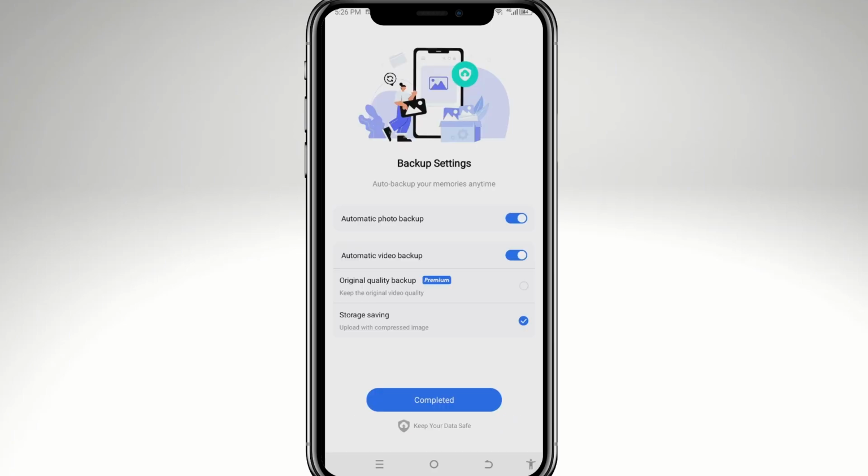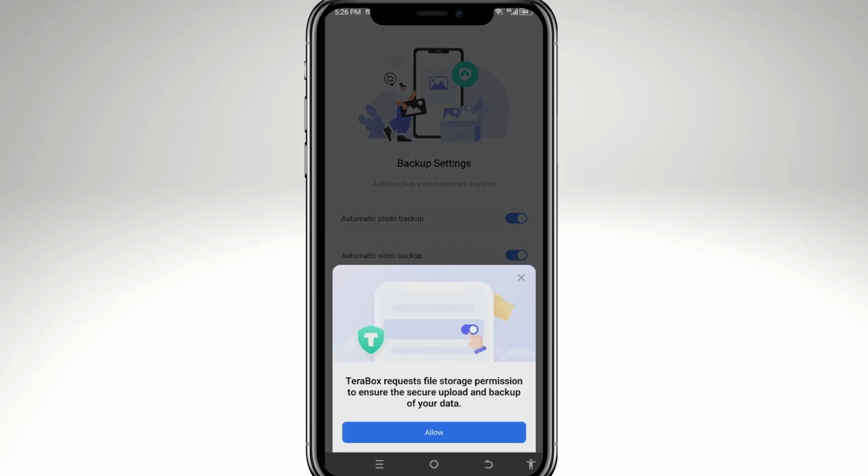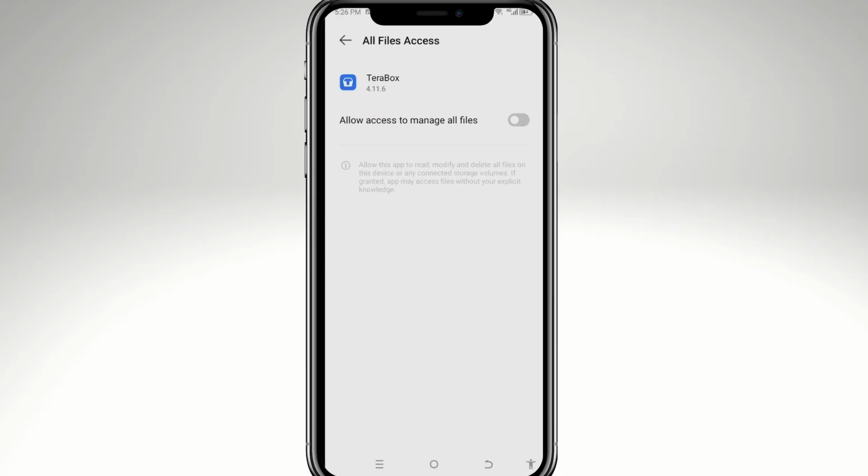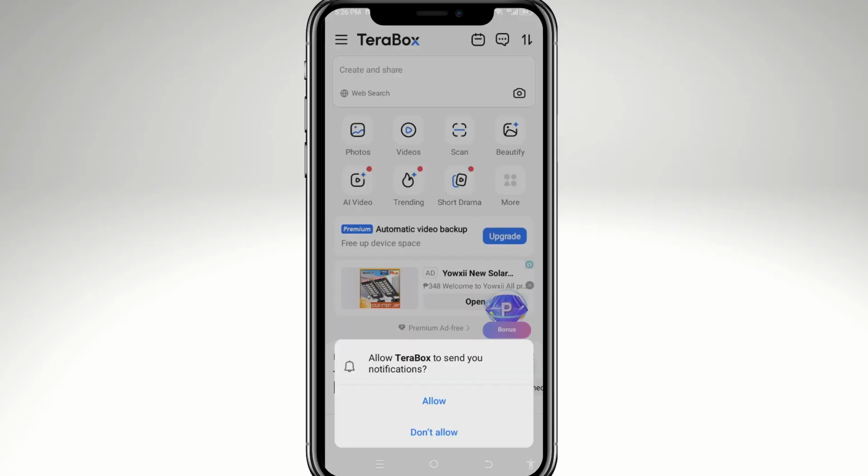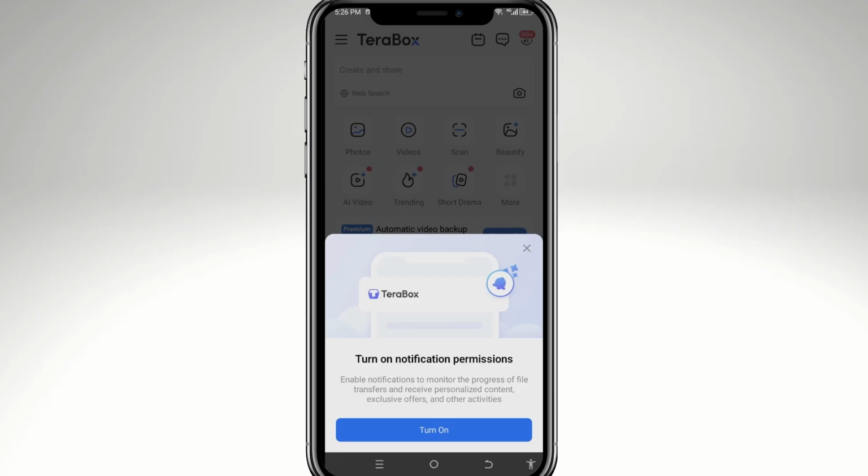You will be forwarded to this welcome page, and all I have to do is super simple, click the complete button. Okay, it would ask for a storage permission, and all I have to do at this point is click the allow button, allow access to manage all files. And that's it. Now you have successfully created your